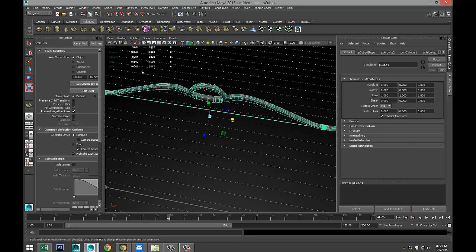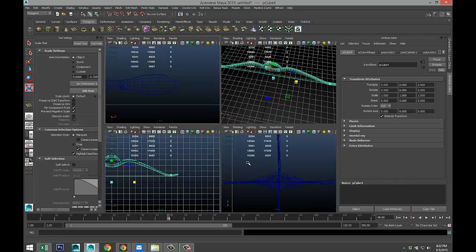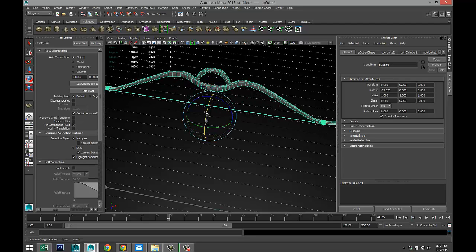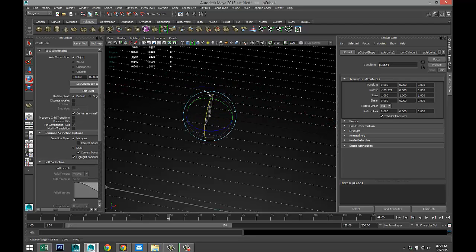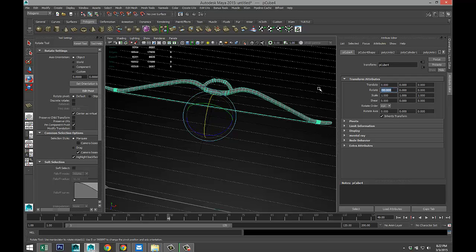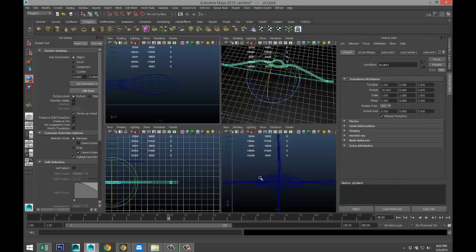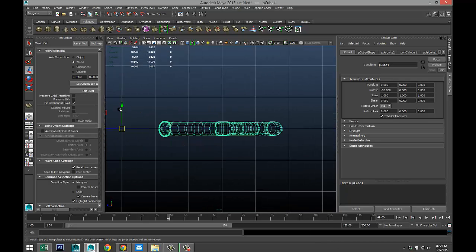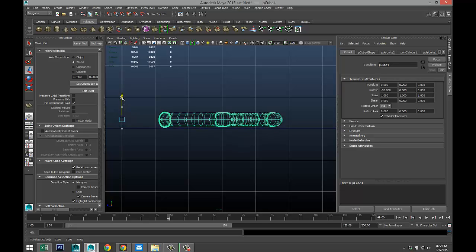We're going to select this guy. We're going to go and position it first. So we're going to lay it on its side. So we're going to rotate that to -90. Then we're going to check it from this view here. We're going to hit W and pull that up.